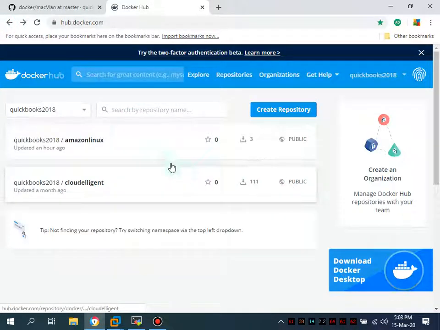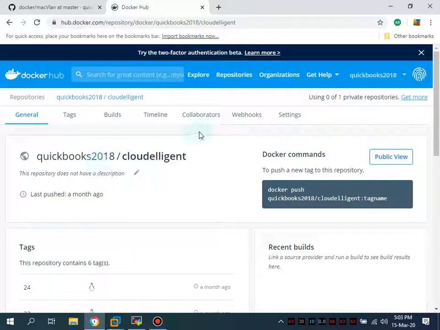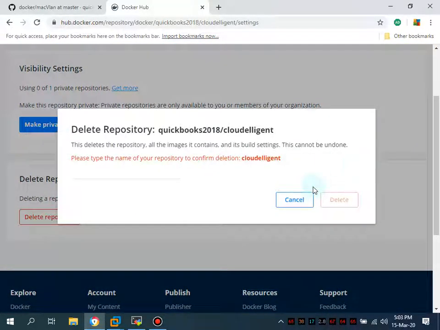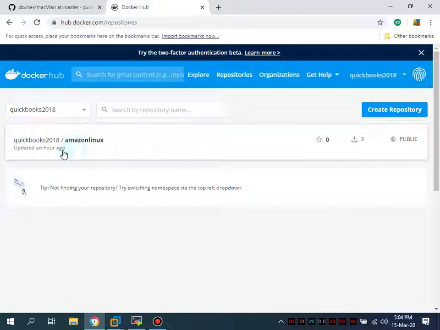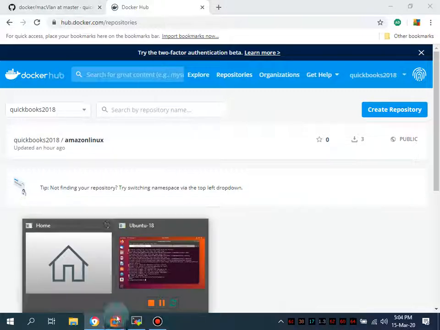So let me delete that as well. So this is the stuff you have to. I'm gonna delete this repository as well. No need for this. And cloud repository's name is cloud element. Okay, so you have to simply pull this image, but for the time being, we are going to use the